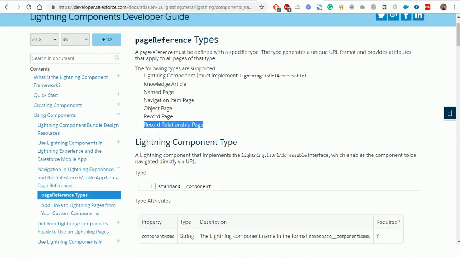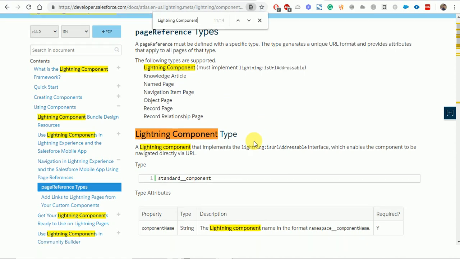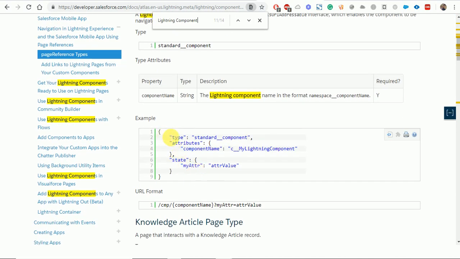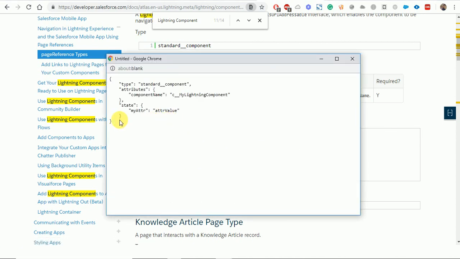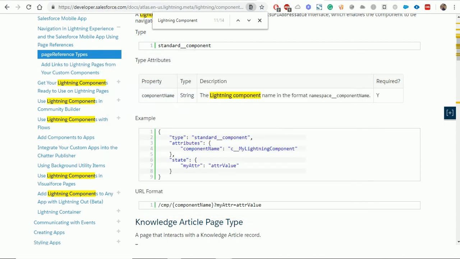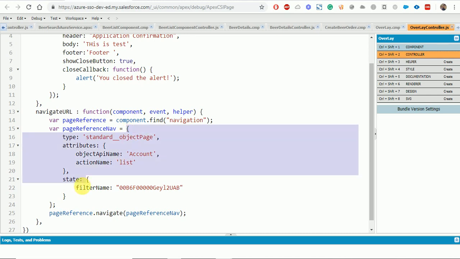So first thing, we'll go to the page reference type, and then we'll find the Lightning component here so that we can get the complete structure. So this is the structure. Let's go ahead, copy this structure, paste here,